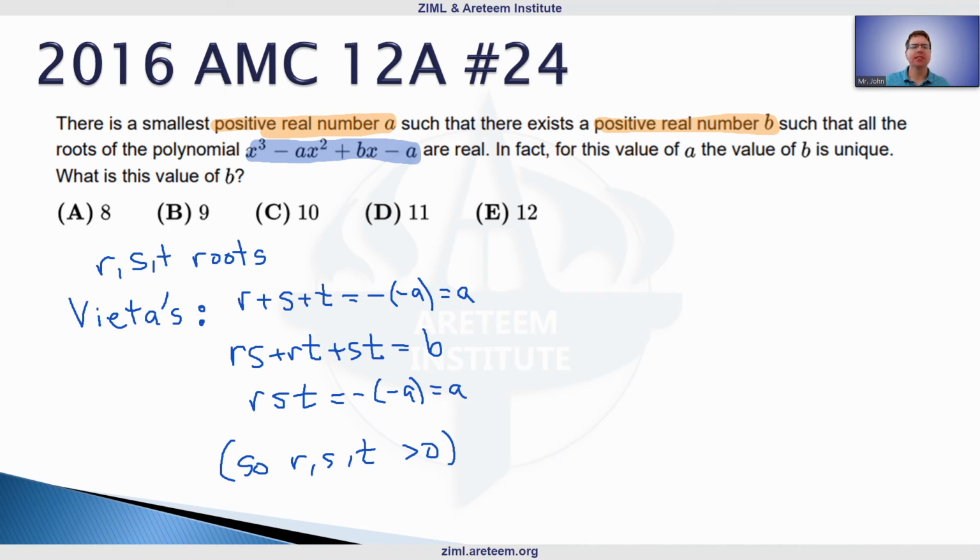Well, we can start thinking about some geometry type things, right? So RST is the volume of a box with sides R, S, and T. And we want the smallest thing that we have with these roots. Now, I want to mention this, but I do want to talk about it intuitively. We will do a more formal proof quickly, right? But intuitively,